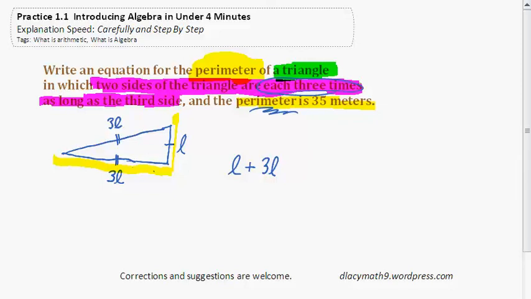And I'm not back yet. In order to get back, I have to go from the part I just marked there, right here again. So I have to go another 3L. And that's the distance around, which is 35 meters. That is the equation in order to solve the length around the triangle and find out how long each of